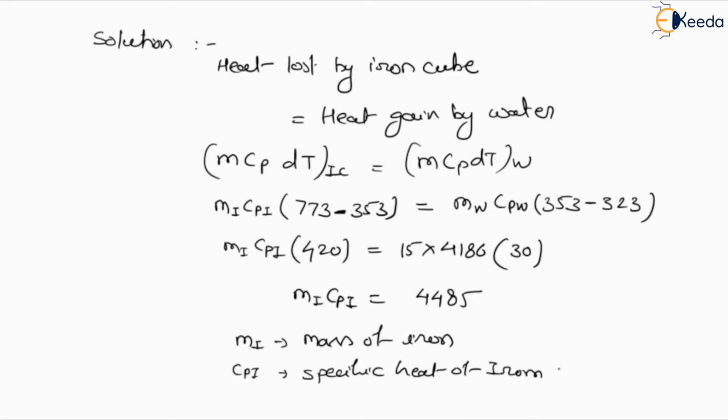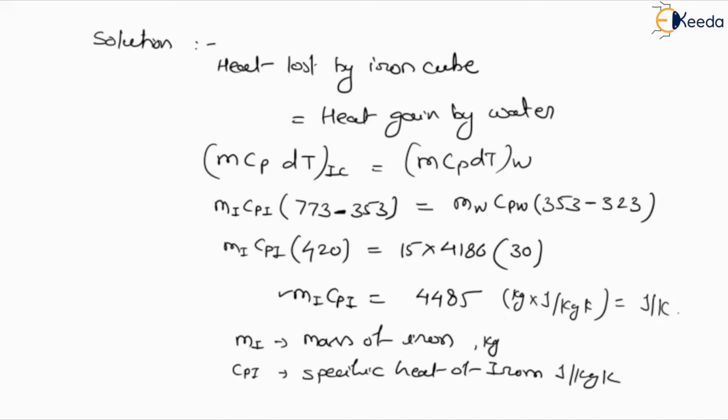So this will be what? Joule per kg Kelvin, and this mass we are considering in kg. So the unit will be what? Kg into joule per kg Kelvin. So this unit we can write down as joule per Kelvin. Kg and kg will cancel out. So here we have the unit for this term.